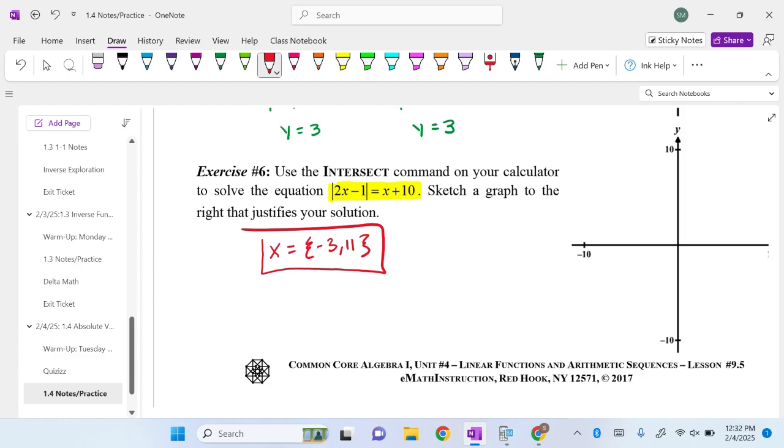Yes, sir. So if you hit the key, you see it's